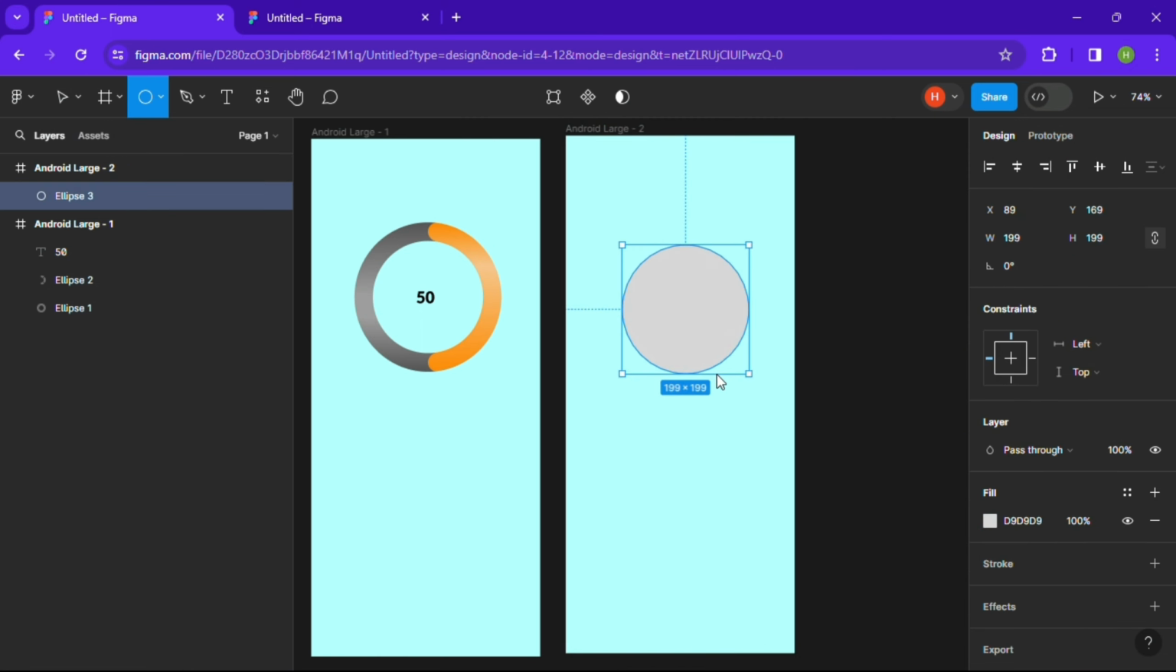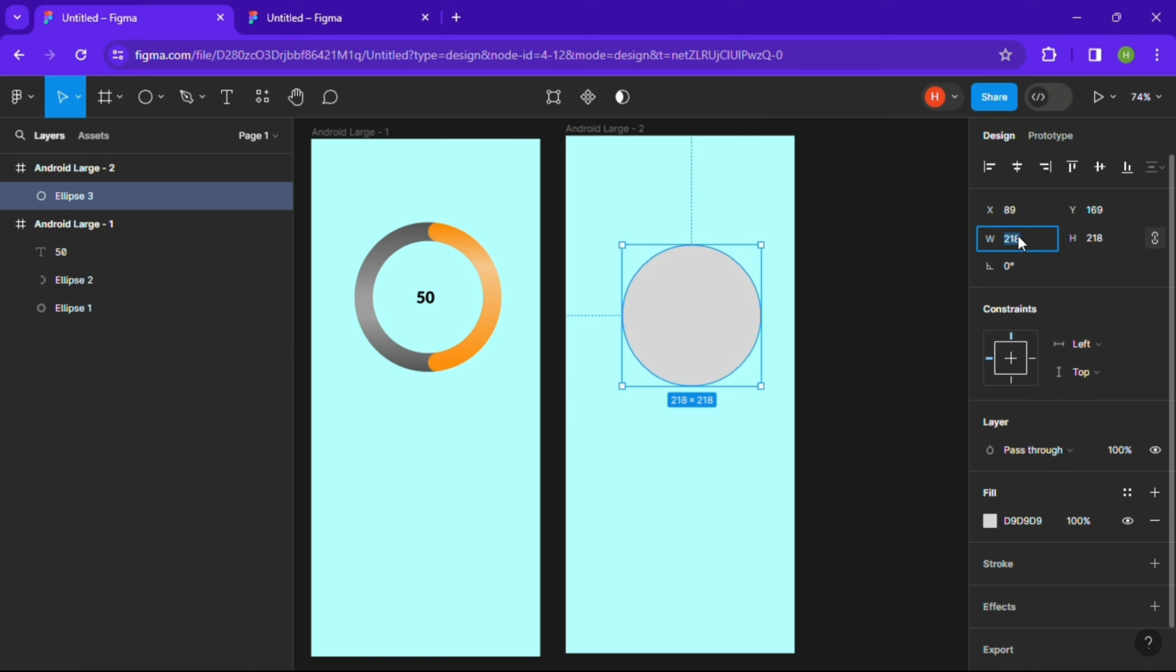Let's keep it 250. Abi, 220. Yes, 220. So now